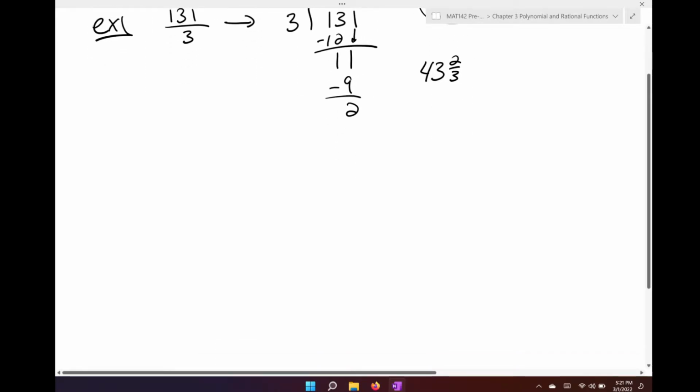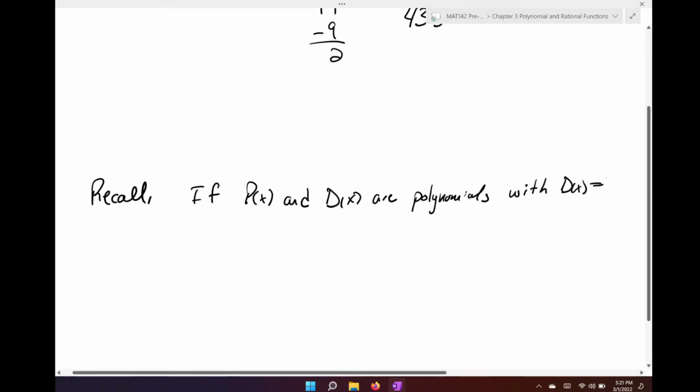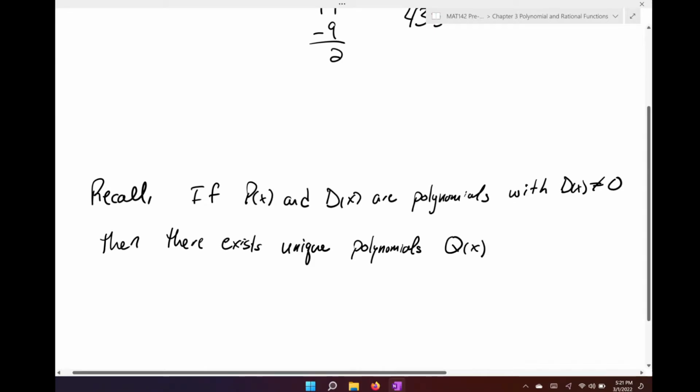So recall that if p of x and d of x are polynomials, with d of x not equal to 0, because you cannot have 0 in your denominator, then there exist unique polynomials called q of x and r of x